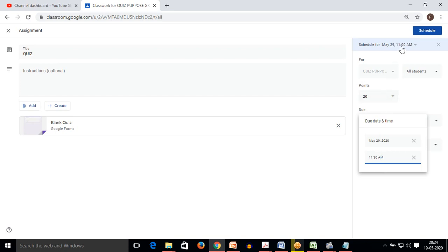So the exam will start at 11 AM and it will end at 11:30 AM. I am done with that. Now you can see that the scheduled time and date is showing here and the due time and date is showing here.